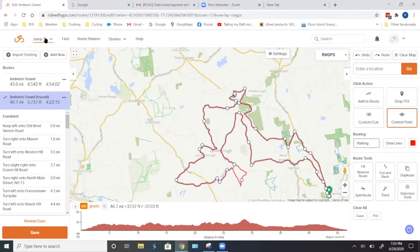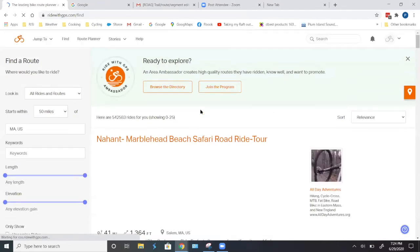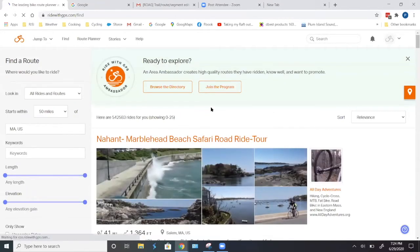Let's go to Find, and you can go to Find. Let's try this. I don't use this Find. Yeah, I've used this feature a lot. You use it a lot? All over the world. I've used it too when I've traveled through,